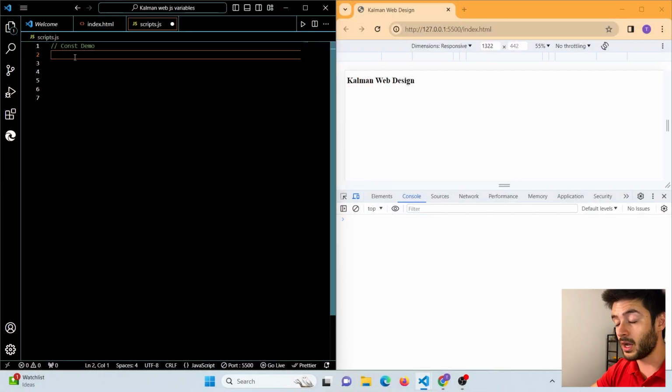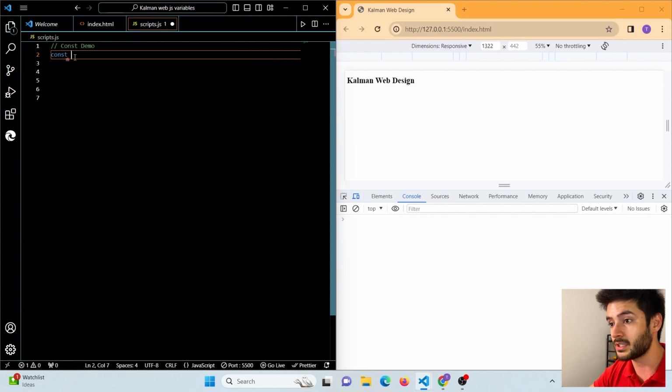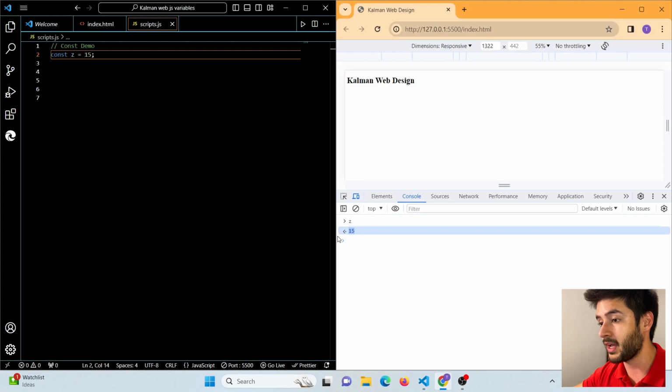Now I want to move on to the const keyword, and to declare a variable using the const keyword, you simply type const and then the name of your variable, which in our case is going to be z, and then we're going to make this equal to 15. And if we refresh our page, type in z, hit enter, you're going to see that our value of 15